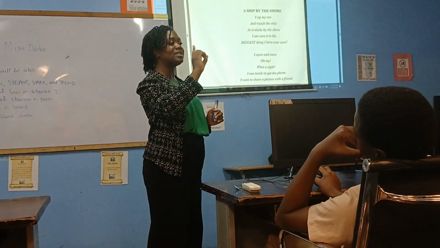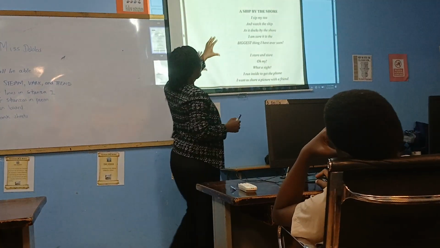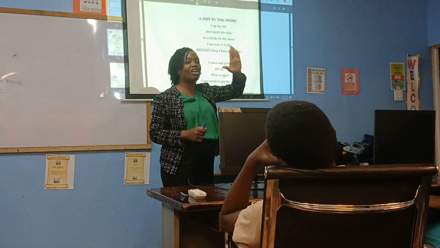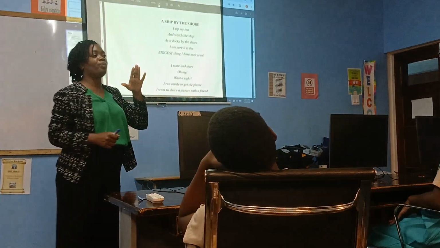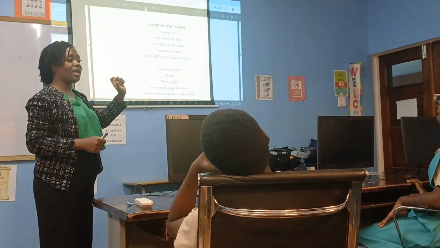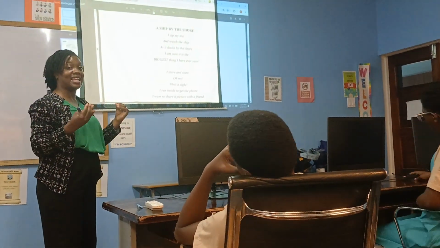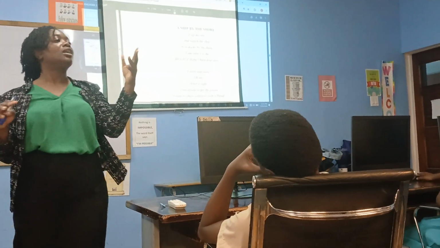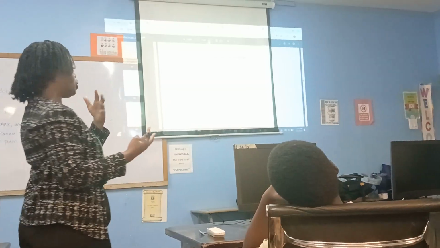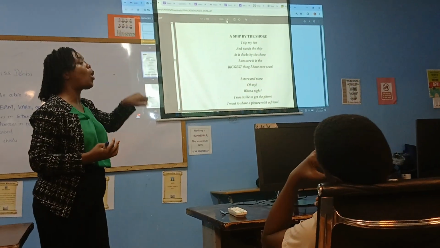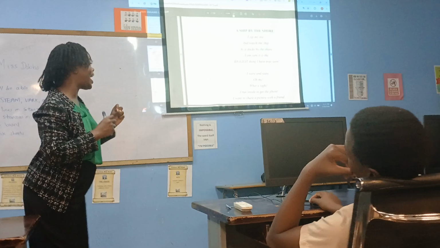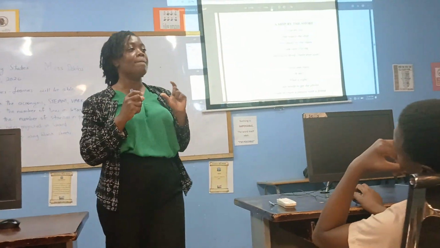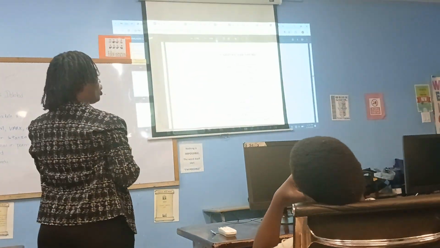Alright, so that's one stanza. A stanza in a poem looks like a paragraph. Now, in poetry, stanzas are made up of lines that look like sentences, but they don't follow the same grammatical order and functions as in language. Now, when you look at stanza 1, who can tell me how many lines? We're going to put some maths in it now. You're going to do some counting. How many lines make up the first stanza? Look at it and count and see.